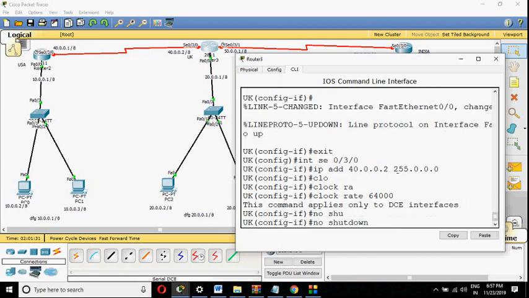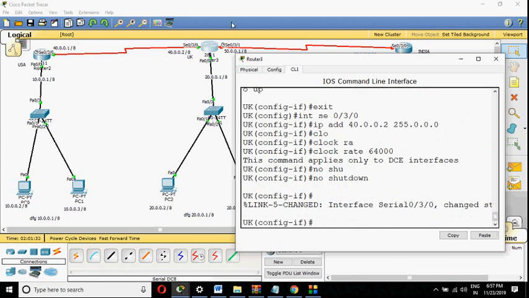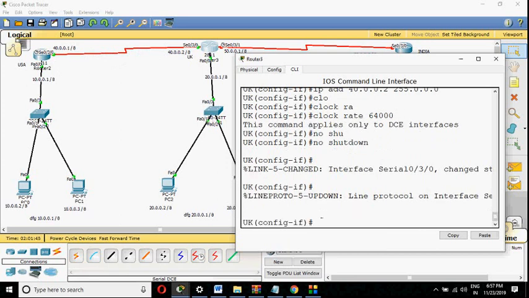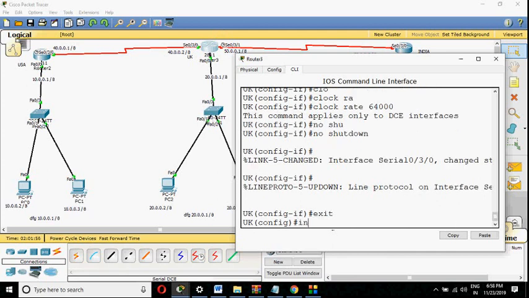64,000, and then no shutdown. Now see, now it becomes up on both the ports, because on a serial port, until and unless you give the command on both the sides, this port is not going to come up. Alright, so now I'm exiting from this serial port because I want to go to this other serial port. So exit, then interface serial